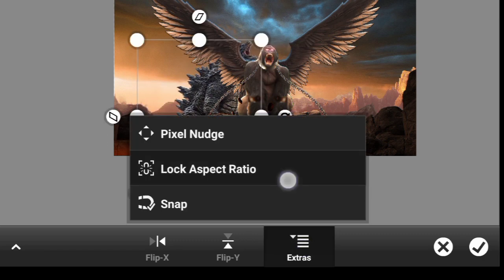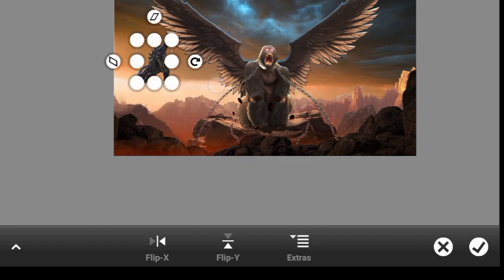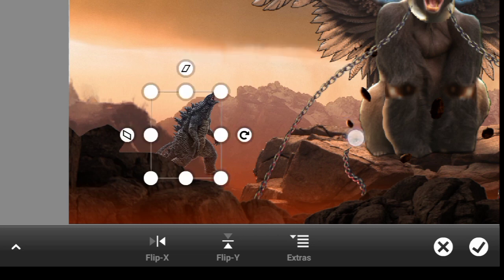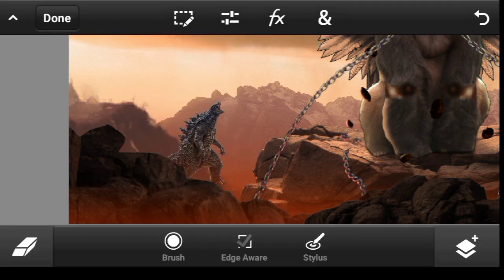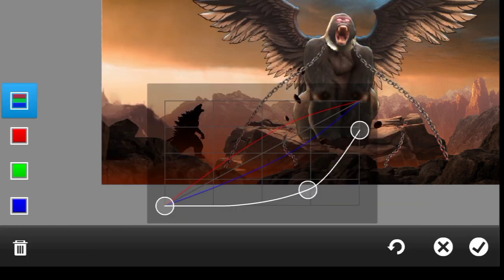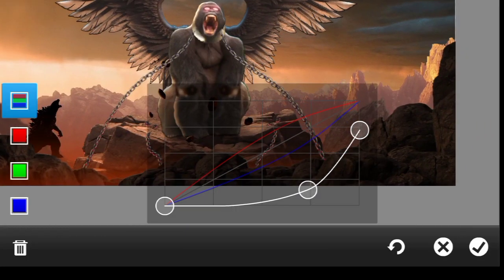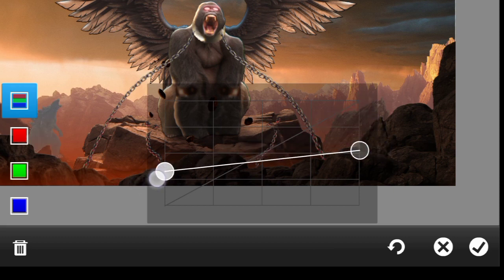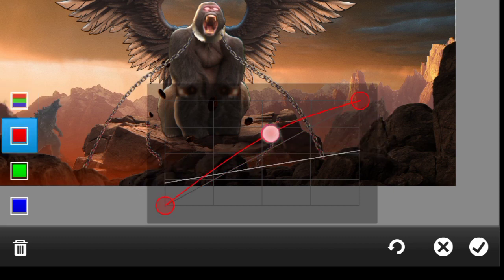Click on lock aspect ratio, make it smaller, put it right here or anywhere you want, and yeah, play with the levels. I want to undo everything, take it to the top, to the down, add some reds to it, add some yellows. Okay,